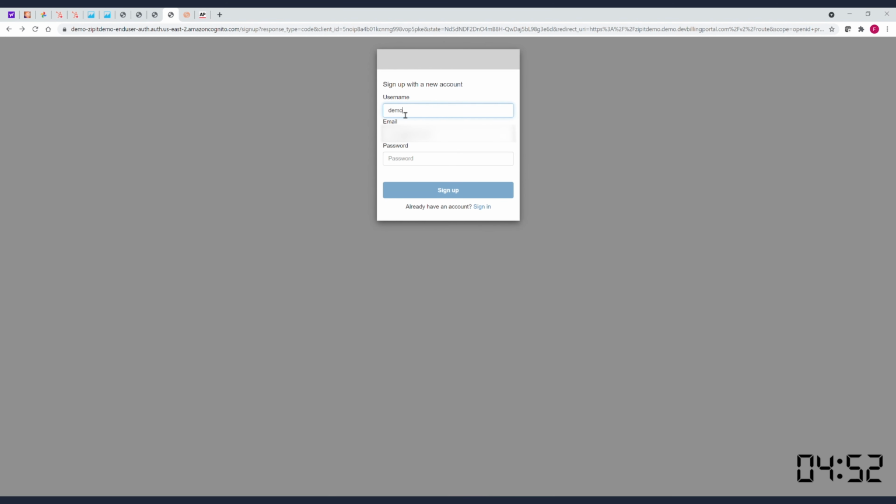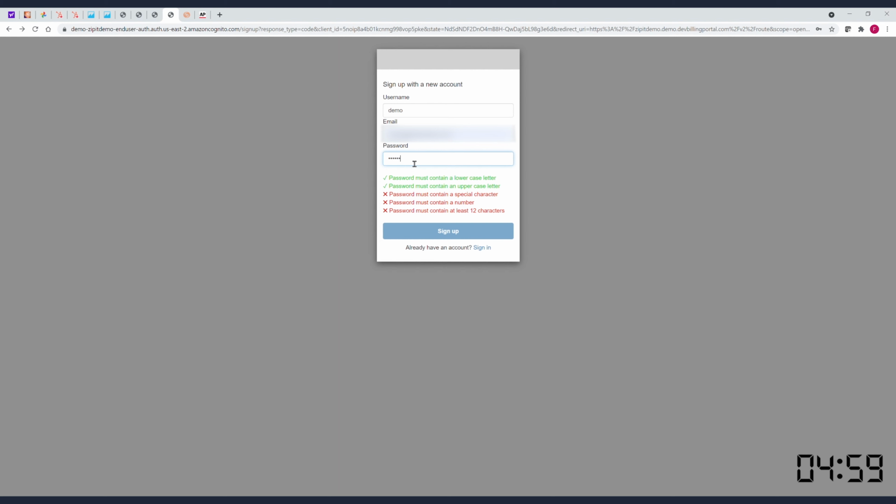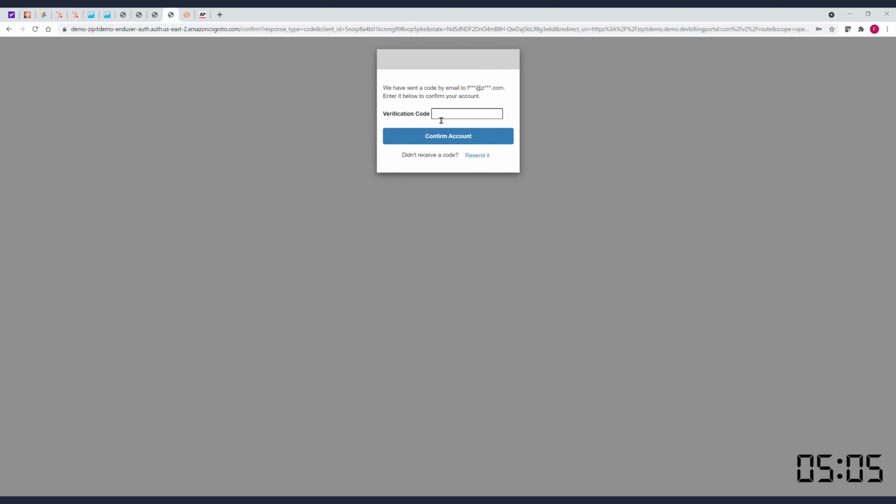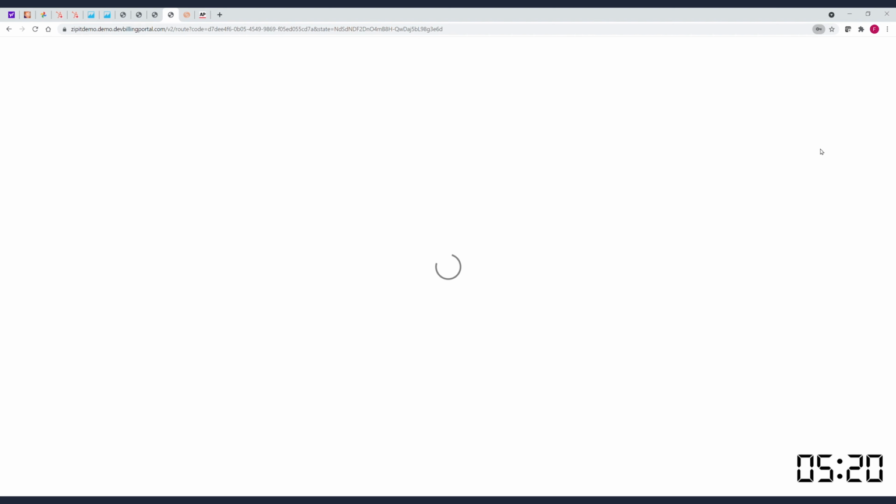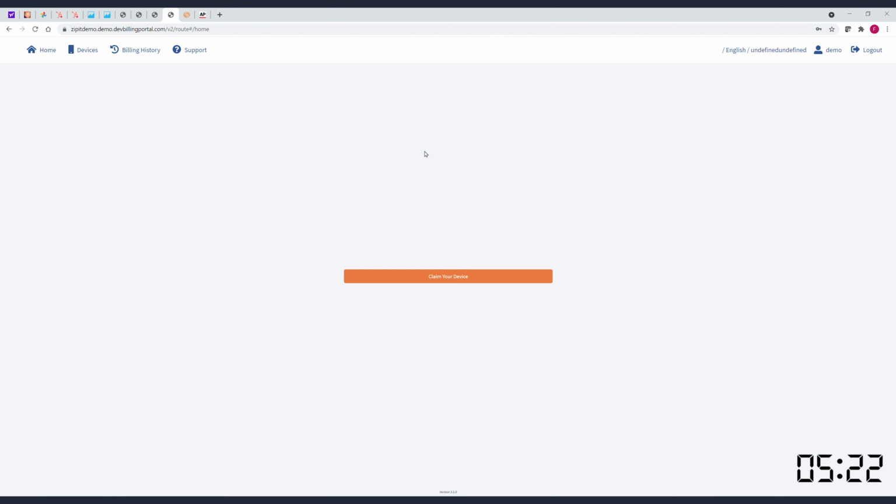The last step is going in and creating a customer account: the username, put in my email, type in my required safe password, and then I'm going to go sign up. And then as soon as I do that, it's going to send me an email for verification. Put in my verification code. Let me go grab that in the background here, and I will pop that code in now and confirm my account. Just that simple. I've now got an account set up, and you'll see it looks exactly like what we designed.